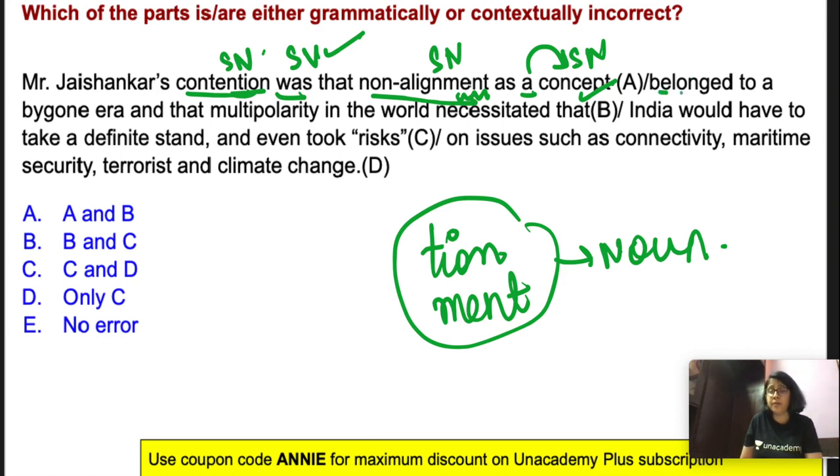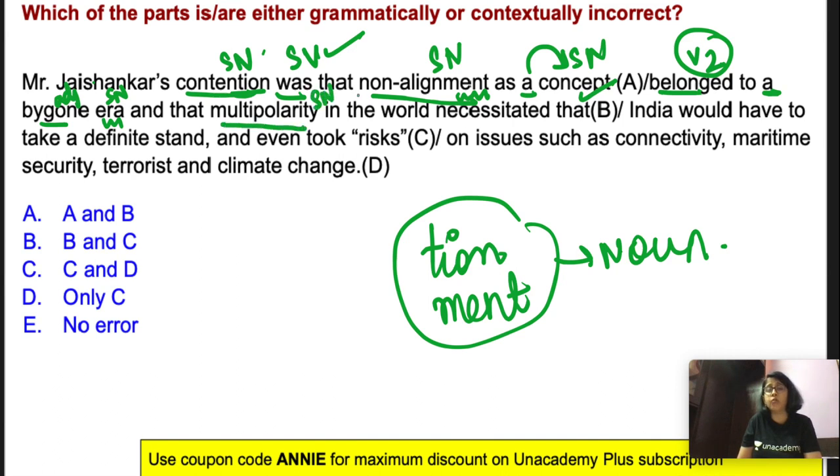Belonged to, belonged V2, so the sentence is in simple past tense. Belonged to a bygone era. So A plus singular noun, era is a singular noun. Okay, era means time. Bygone here acts as an adjective. Bygone means past. Bygone era, and that